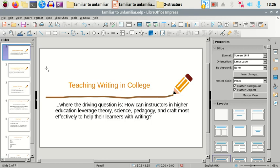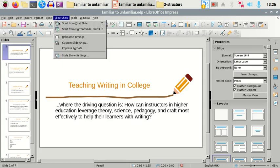I'm Tom Skeen, and the driving question is, how can instructors in higher education leverage theory, science, pedagogy, and craft most effectively to help their learners with writing? And so today,